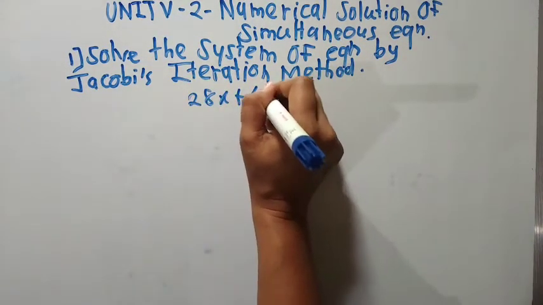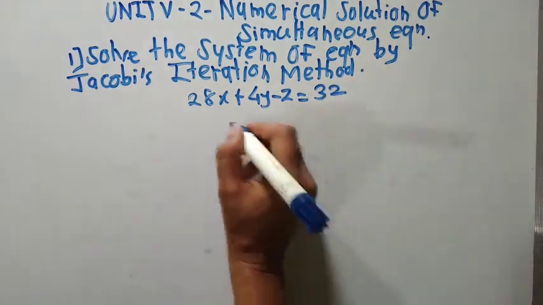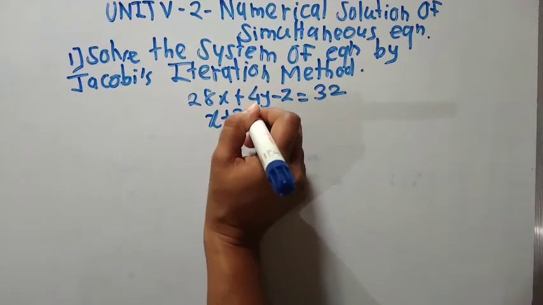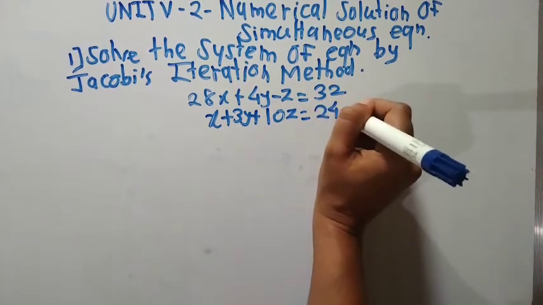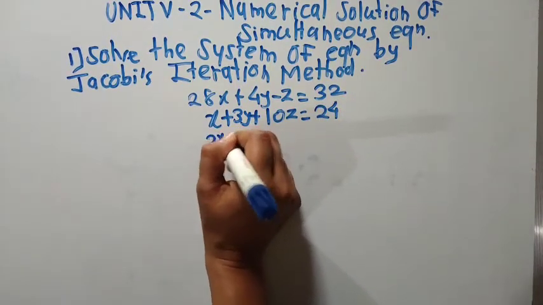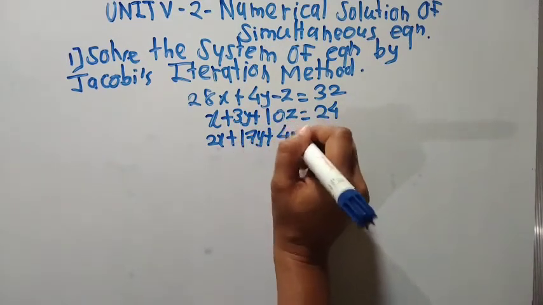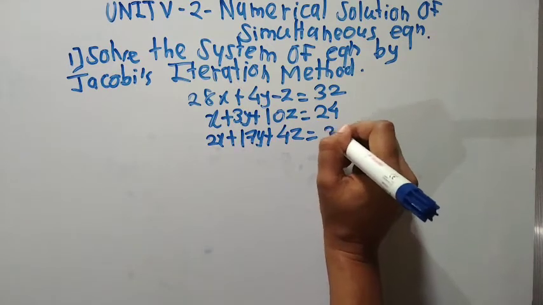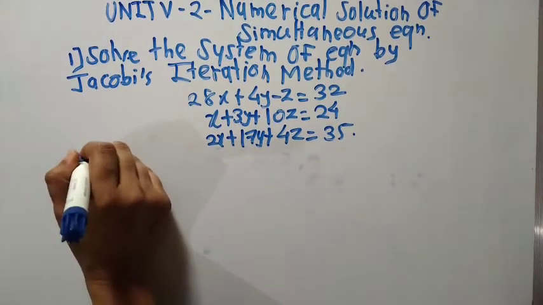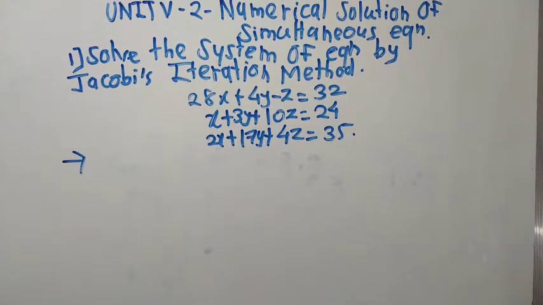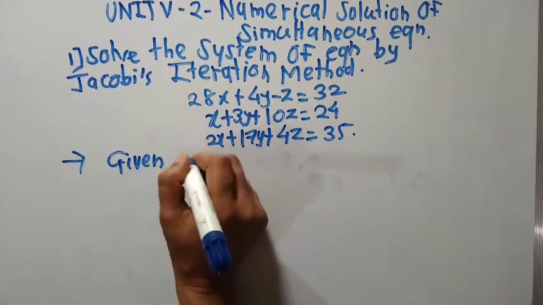28x plus 4y minus z is equal to 32. Then x plus 3y plus 10z is equal to 24, and 2x plus 17y plus 4z is equal to 35. Then first, upon given system of equations,